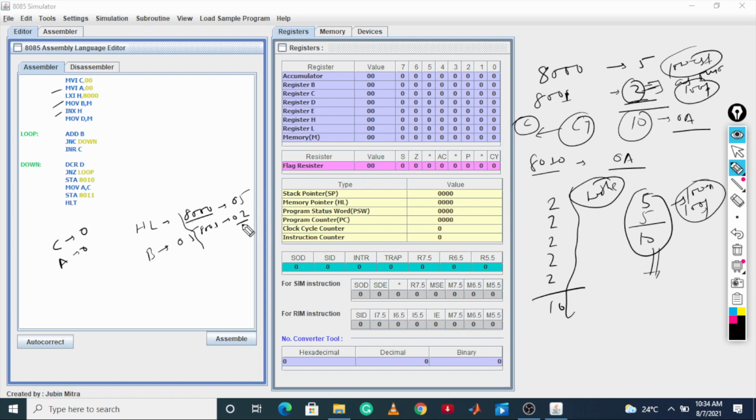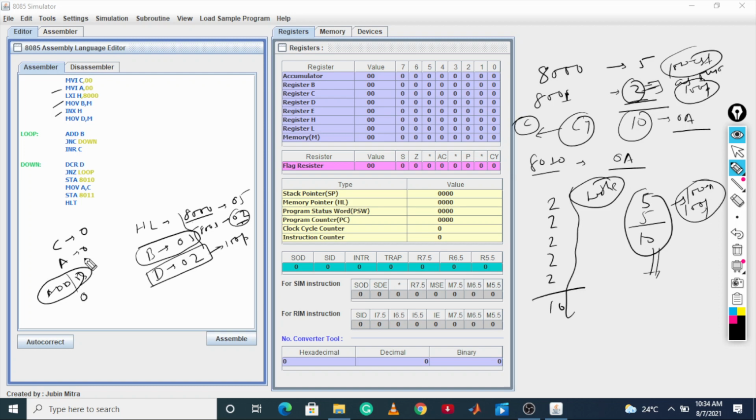Now I am moving this 2 to another register D. Now it is having 2. Now I told you, just keep the loop, make this register as a loop. So we have made this register as a loop, and we are going to add on this. So we have started ADD B. What add will we do? Whatever the content of the accumulator, that will get added to.